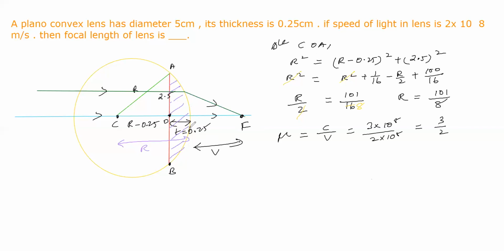refraction at spherical surface. Generally, we use a formula to find refraction at spherical surfaces. We assume that for this refraction, the object is in the denser medium. So the formula we have to take is mu2 divided by u, where u is infinity, minus mu1 by v, equal to mu1 minus mu2 divided by r. Actually, this is the formula for refraction at a spherical surface.